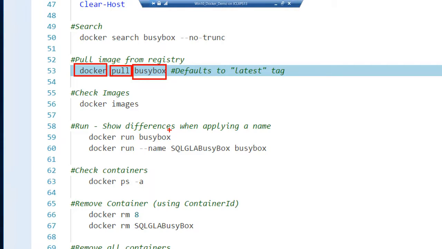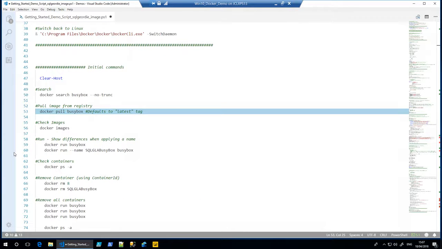Now, all images will have a tag, sort of like a version tag. If you don't put a tag in the script that you're running when you're trying to pull this down, it will default to the latest. There'll always be a latest, or should always be a latest. And that's just something to bear in mind if you are trying to pull down any images and you know there's multiple versions. If you don't specify, chances are you'll pull down the latest. So if we run that,